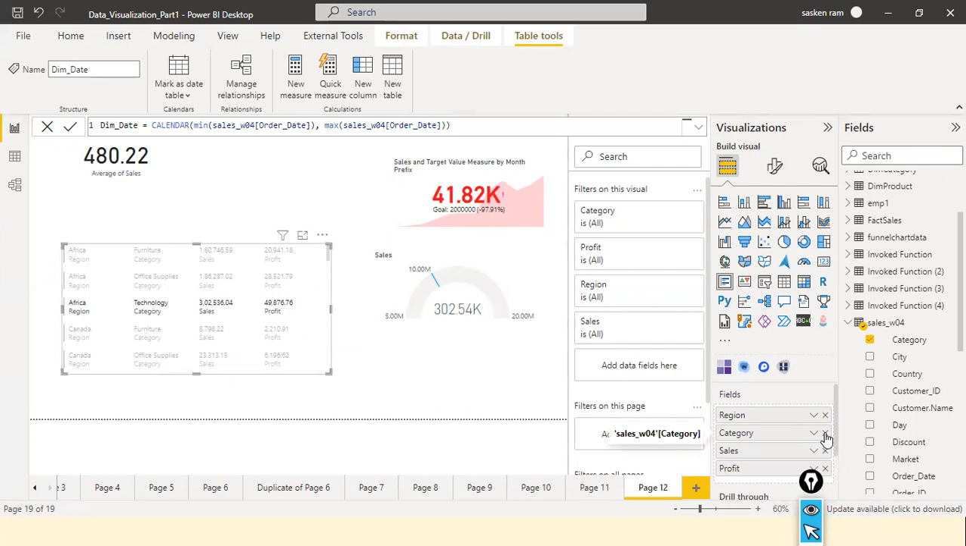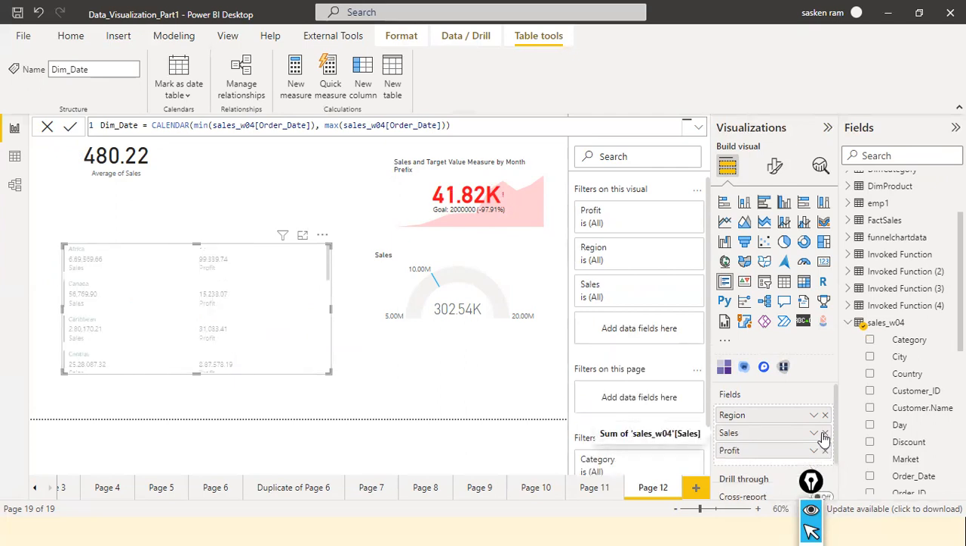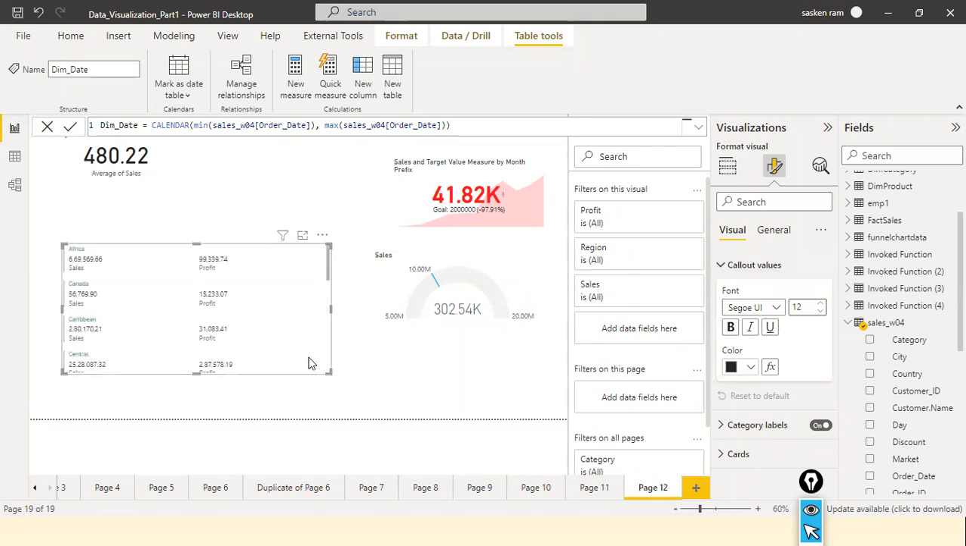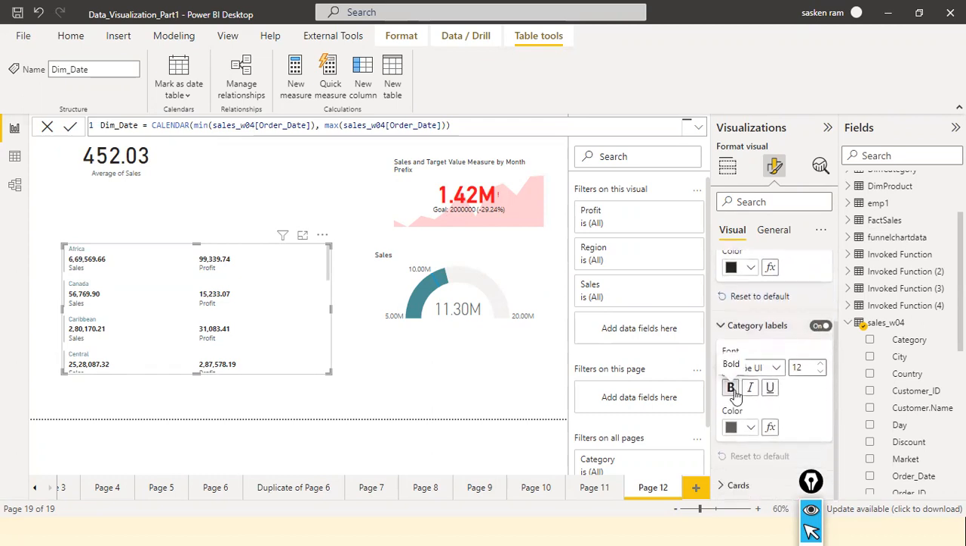Anyhow, for the sake of simplicity, I'm going to remove the category now. So sales and profit in each country, how much we made. And here I go to the format pane, and I just select the callout values. I'm going to make all the values bold. So the callout values, I made it bold, and category labels also I'm going to make